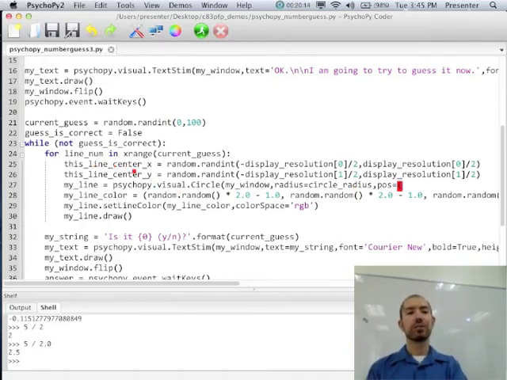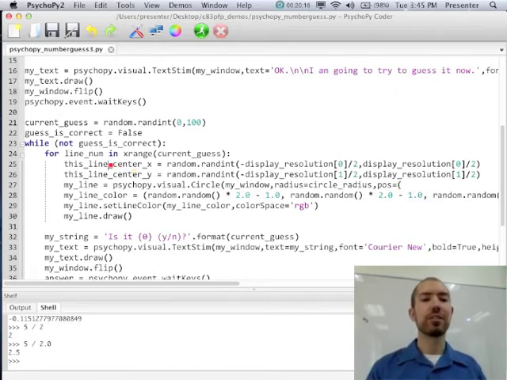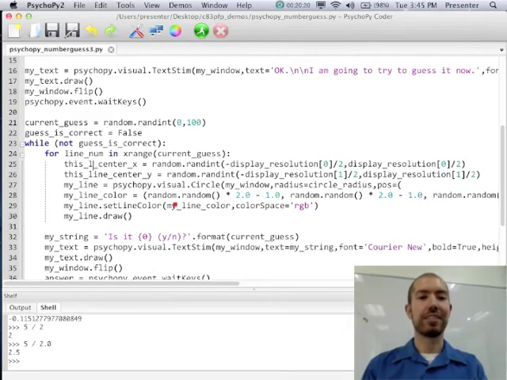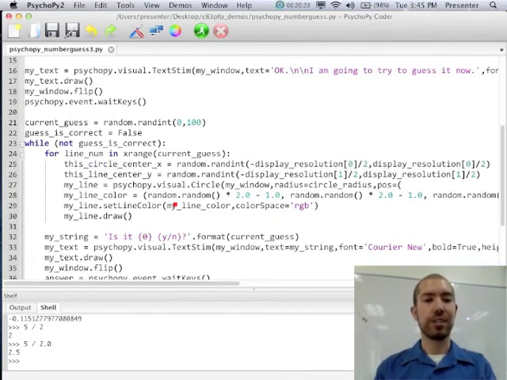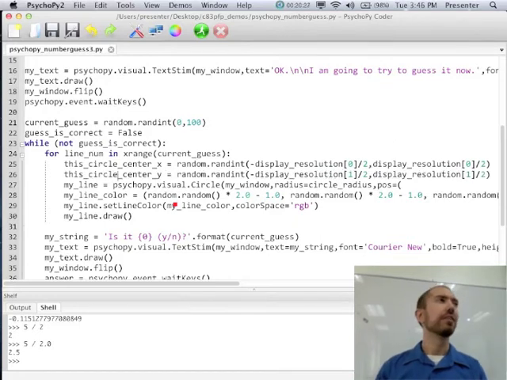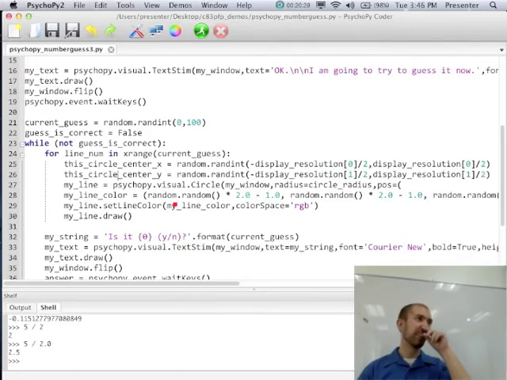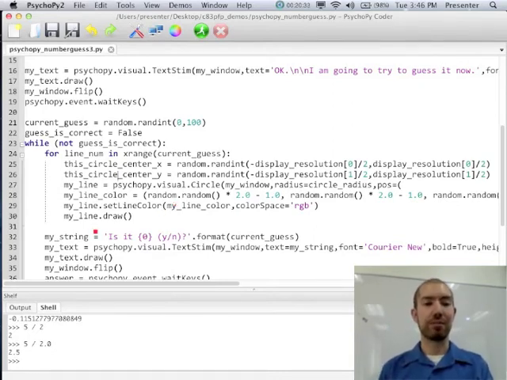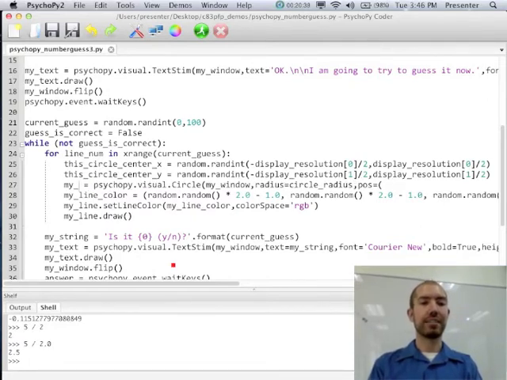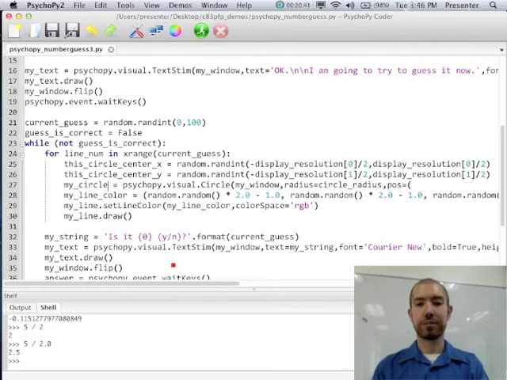Although, you know, we could keep this called line center x, but that wouldn't be very good coding, right? Because it's kind of lying to call it a line center. So let's call it this circle center. That's just renaming, right? Again, we could call those Jack and Jill for all we care, but we may as well name them things that reflect what they are, right? And while we're at it, we may as well change the name of what was the line stimulus to a circle stimulus.